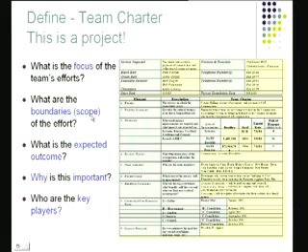That is like what will the project include, what will it not include, what are going to be the expected outcomes, and why this is important. What is really driving the motivation for it, and who are the key players who will be providing the expertise for it. And here's a worksheet. You can read this, and you'll get a pretty decent idea of how one goes about defining the team